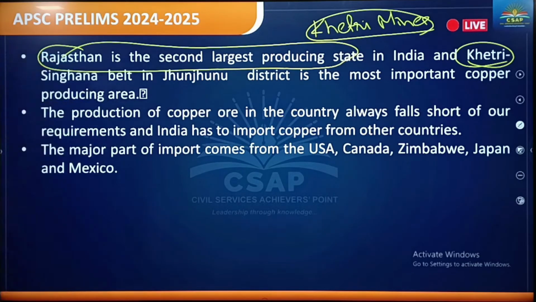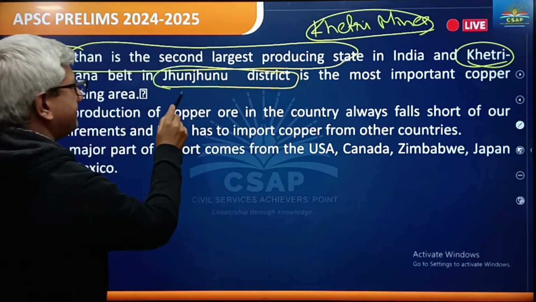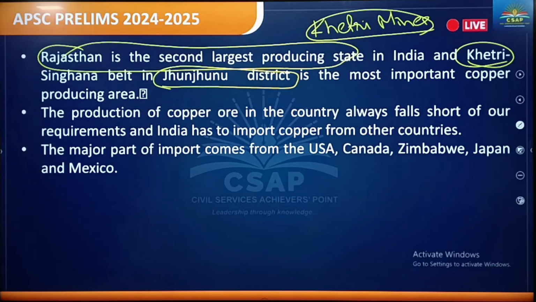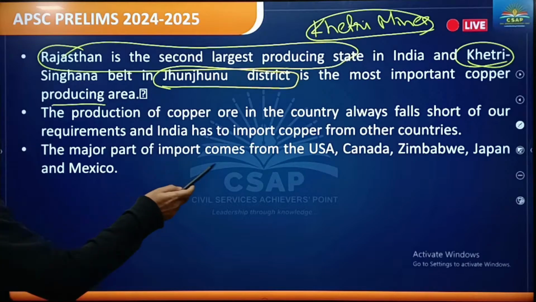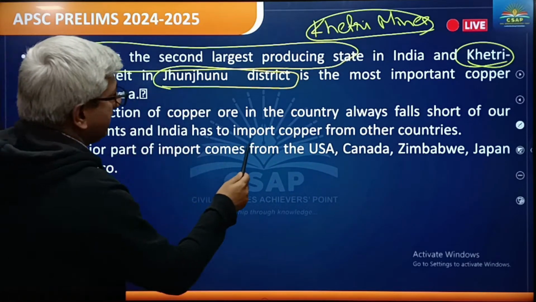The Singhana belt in Jhunjhunu district. Jhunjhunu district is also very important. It is the most important copper producing area. So Khetri Singhana belt in Jhunjhunu district is the most important copper producing area. Fine. So Khetri mines, and the district is Jhunjhunu district. The production of copper ore in the country always falls short of our requirement, and India has to import copper